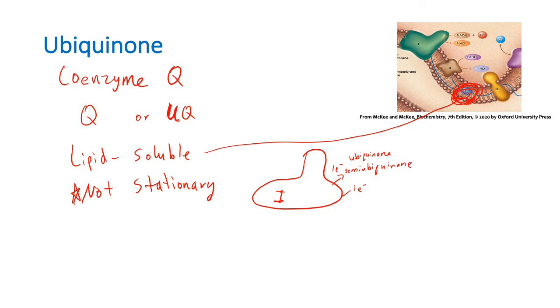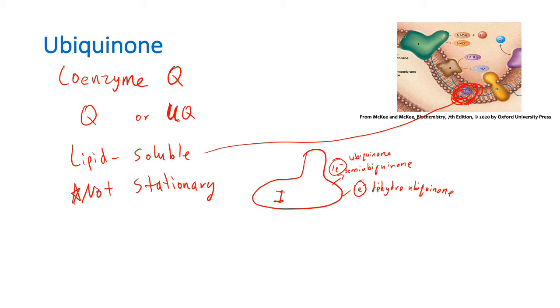And then after it accepts two electrons, meaning that one and that one, it's called dihydroubiquinone. We're going to talk a little bit more about this in a second,